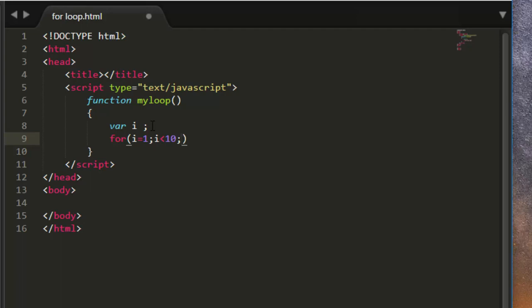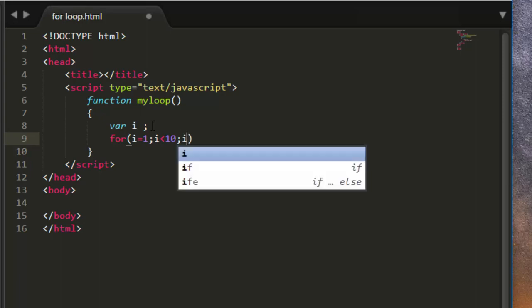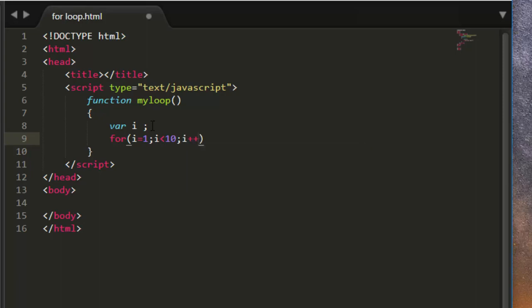And then the third statement, the incrementation, which is optional, that is how you will increment the value of I. Let's provide I plus plus. So we are incrementing the value of I by 1. Now here inside curly braces you need to provide the block of code that you want to repeat multiple times. So here what we will do,